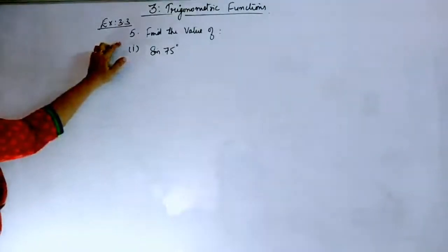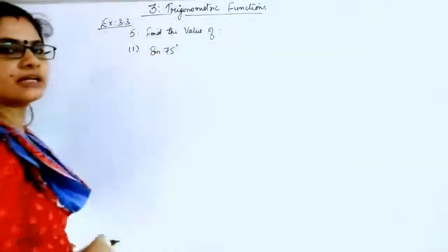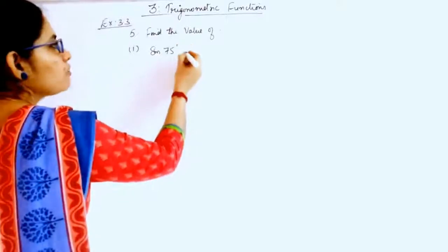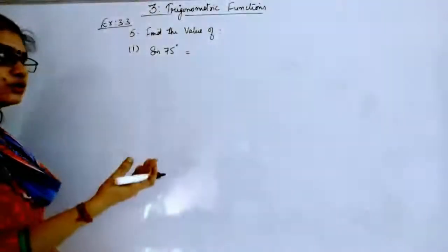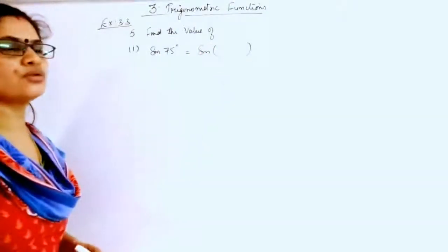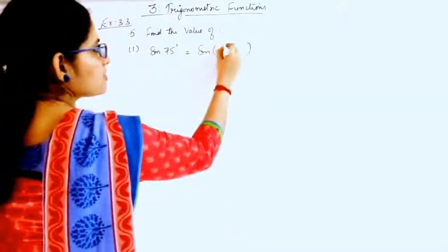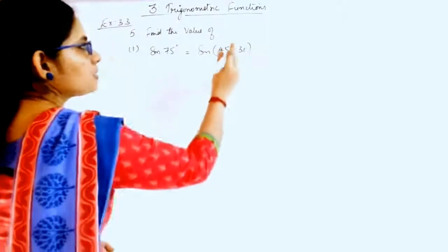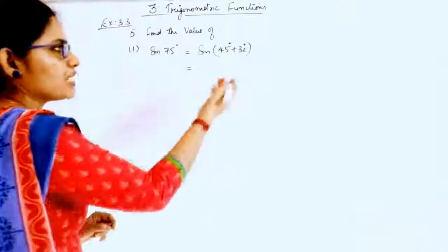Next is the fifth one. Find the value of the first subdivision as sine 75 degree. So in order to find out what is 75 degrees sine value, you will break it into 2 of which value you know. That means if you are writing anything like 60 plus 15, we don't know what is 15 degrees values. So what we will do is we will just split it as 45 plus 30 so that we know both the angles' value of sine or whatever in the expansion will come.